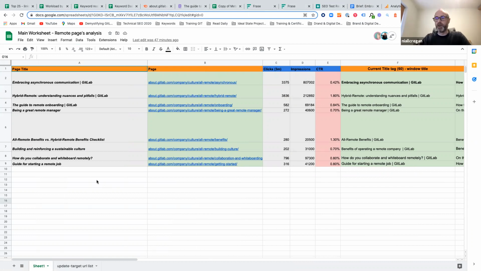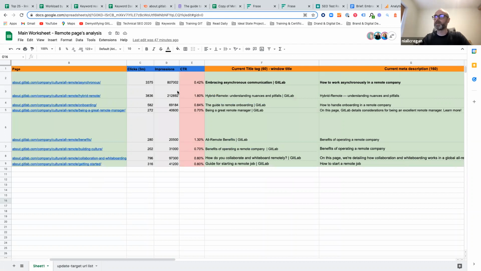One was our click-through rate from organic search. This is what I like to classify as your shop windows. This is the first thing people see when they search for a specific query in amongst all the other 10 results on page one, and you're fighting to get that click. The main influences on that click are your meta description and your title tag. For example, on one of the ones we did a trial run optimization on, we could see that the click-through rate was fairly low